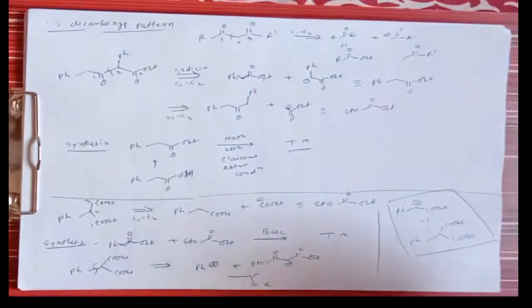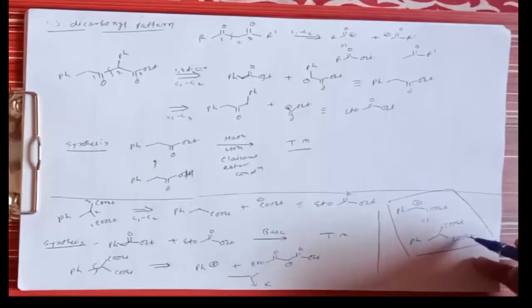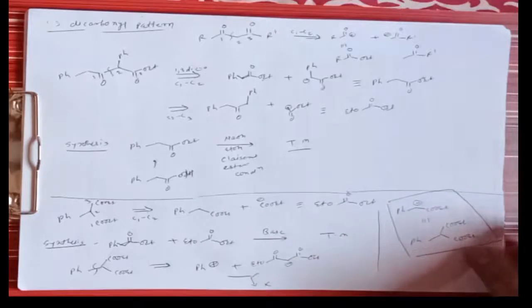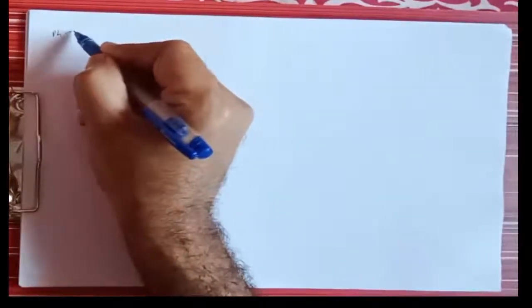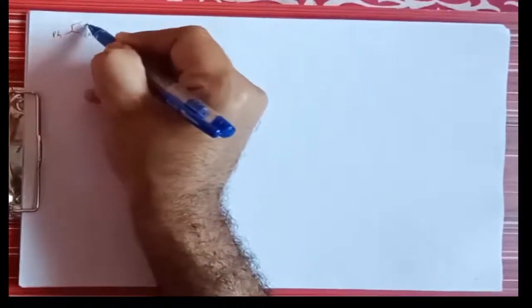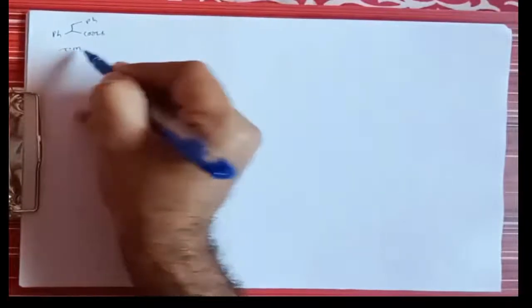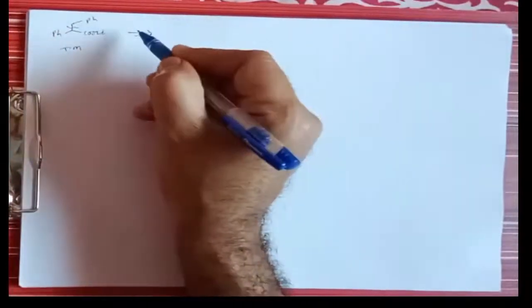So this target molecule is a good synthetic equivalent for this synthon, that is PhCH2 minus COOEt, because if you go for hydrolysis as well as decarboxylation, it gives such types of molecules, right? Then let us take another molecule, that is PhCH2COOEt, then CH2Ph. So this is again a target molecule. Then if we break this molecule, we can break at this position, right?